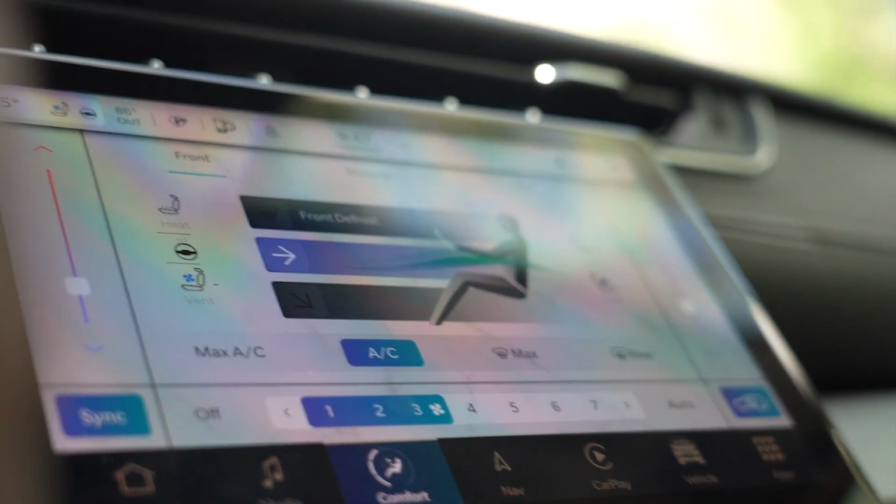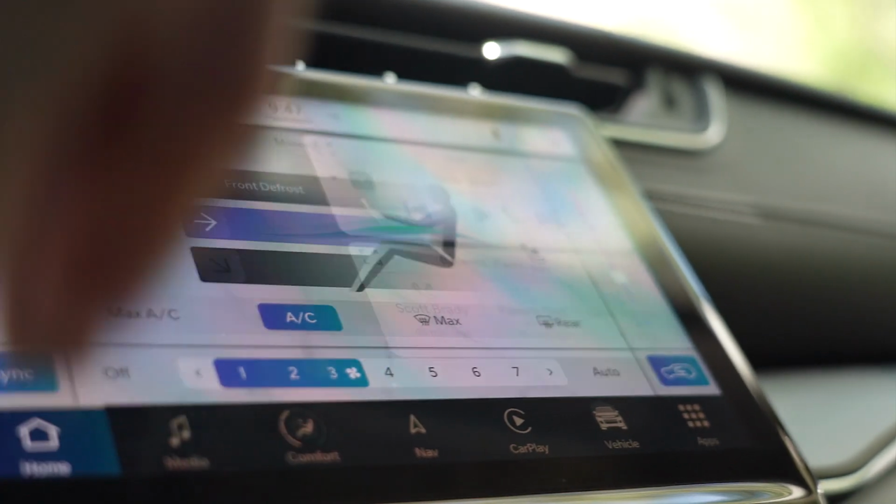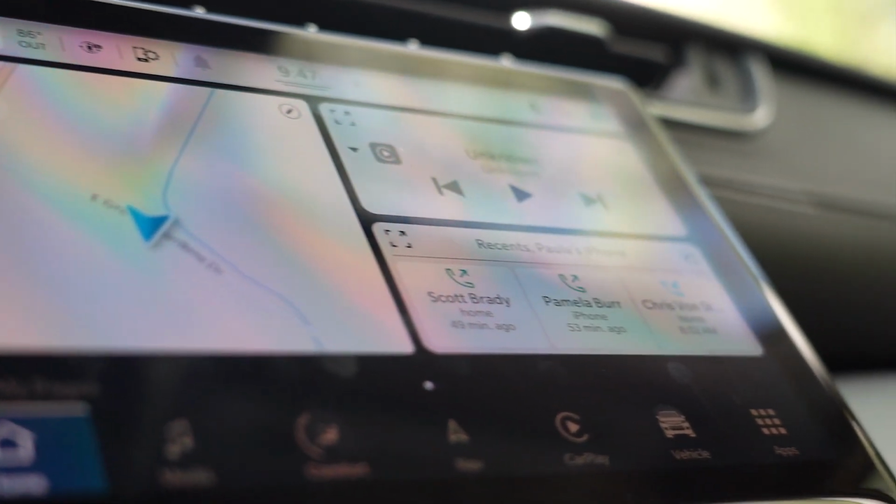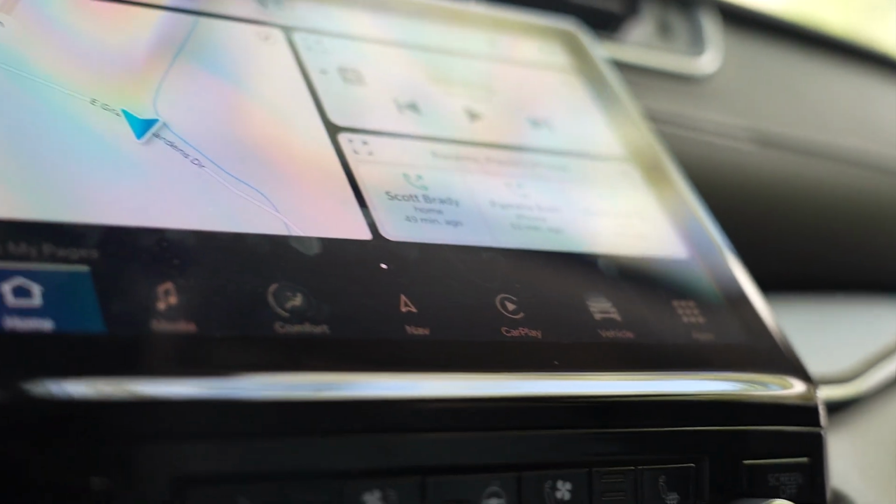And I really like this multi-display or multi-page display, but I have one real criticism of it. So you can have the map up and running in the main display, and it's very easy to kind of drop your eye line and see where you need to turn. But this is a major criticism. Anything that the car needs to communicate to you, it takes over the entire screen to say something oftentimes very innocuous. So you're trying to navigate and it's telling you that the suspension height changed into aero mode or went back to normal mode,